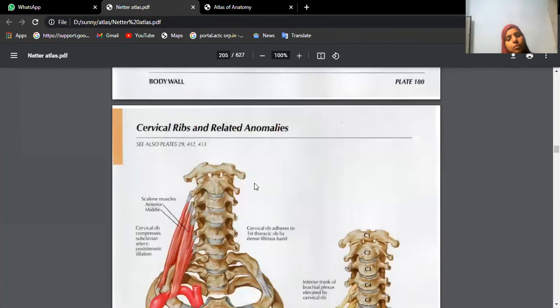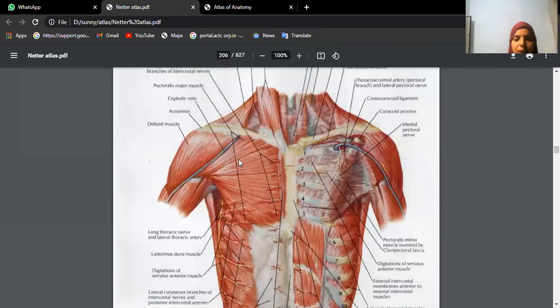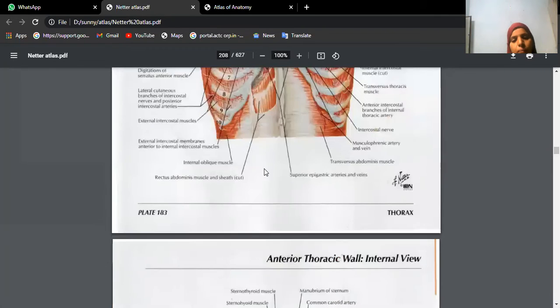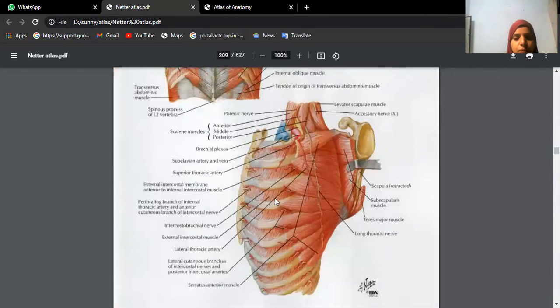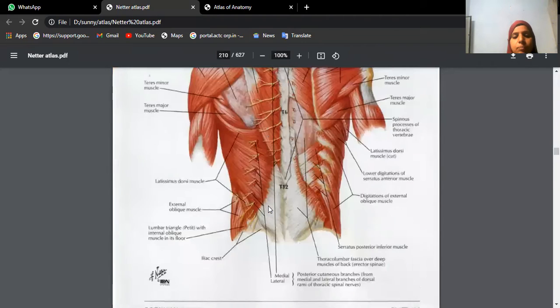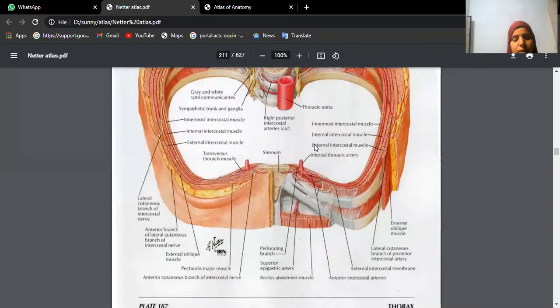Again, you just check what are the things you have in the thoracic cage, pectoralis major, minor. Once you remove, you have intercostal muscles. This is the posterior aspect of the anterior thoracic wall, which you are seeing from behind. Transversus thoracis muscle, you are finding, this is the internal mammary artery. Intercostal muscles. The structures in each space: intercostal vein, artery, and nerve, one below the other.